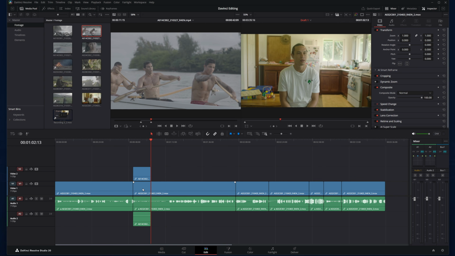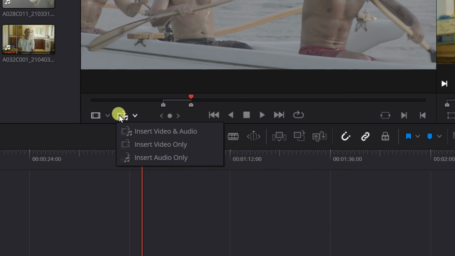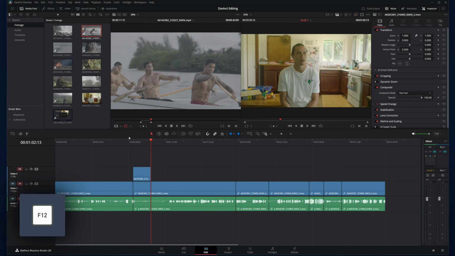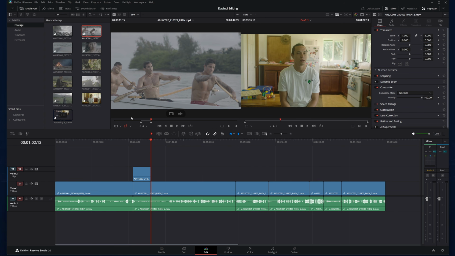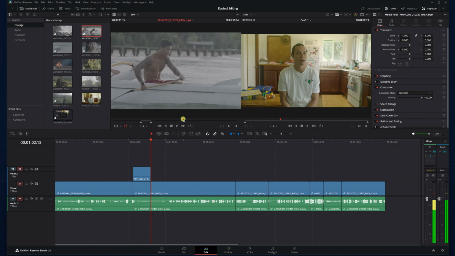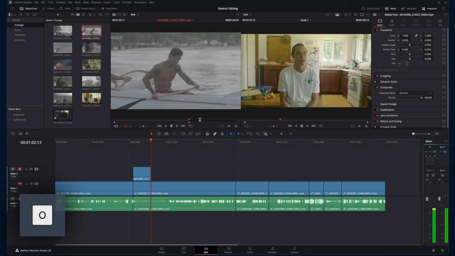So I'm going to back out of that, and first go here and choose Insert Video Only. Now F12 again, and our B-roll is placed in cleanly with no audio. Another way to decide which track your source viewer clips will land on is to move this marker. Once that's on track 2, no matter what keys I hit, the video will be placed on that track. I'll go back to our source viewer, find another spot, let's say here, and an out, F12.